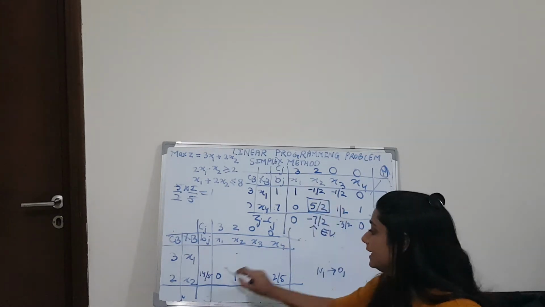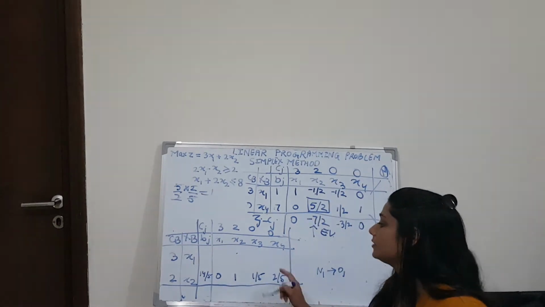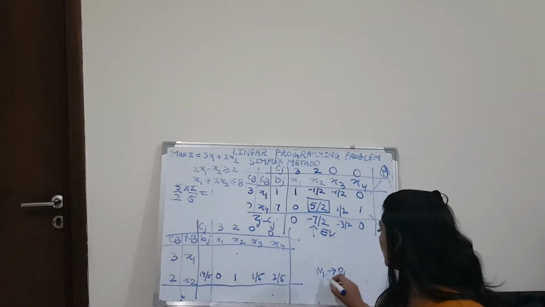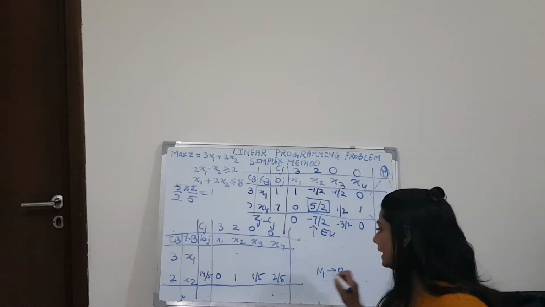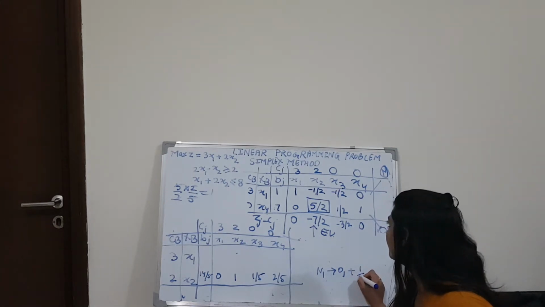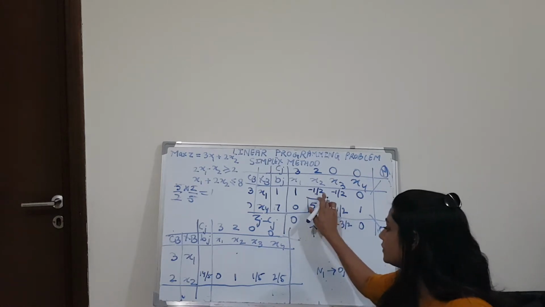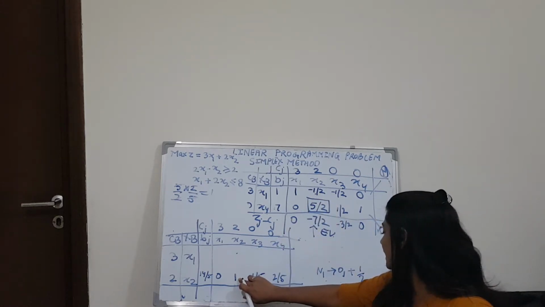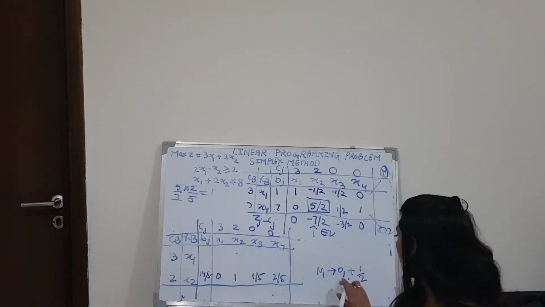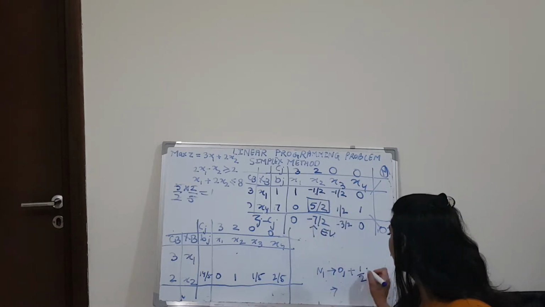So if we multiply N2 by 1 by 2 and add this equation to O1, we will get 0. N1 we will calculate from O1 only. In N2 we multiply by 1 by 2; because the minus sign is there, we are adding. Multiplying 1 by 2 in this equation, 1 by 2 into 1 is 1 by 2. So O1 plus 1 by 2, and in O1 we have minus 1 by 2.